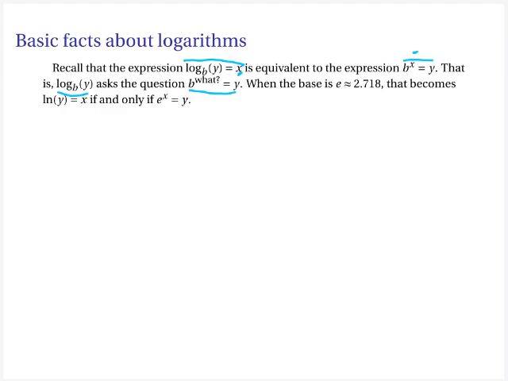When the base is e, which is approximately 2.718, you write ln instead of log base e. ln of y equals x if and only if e to the x equals y. Okay,